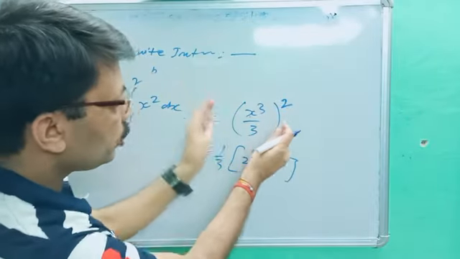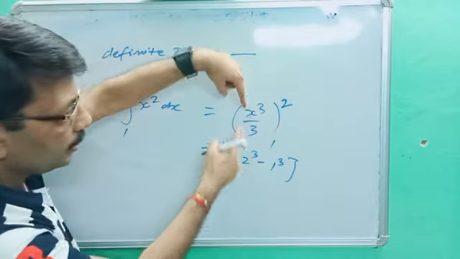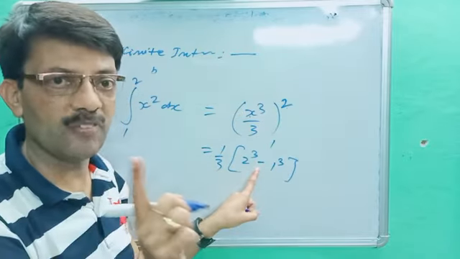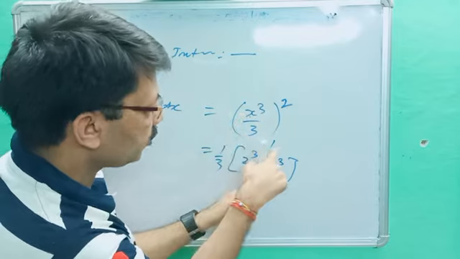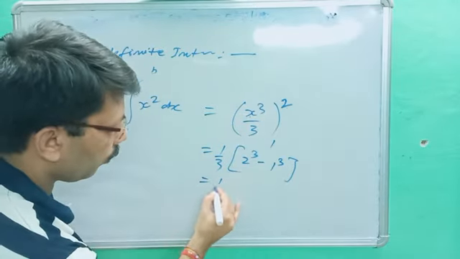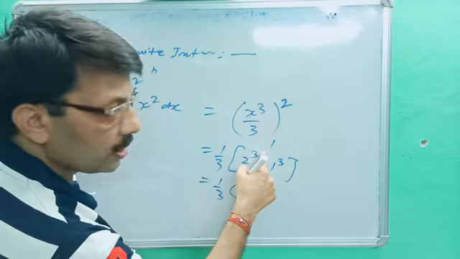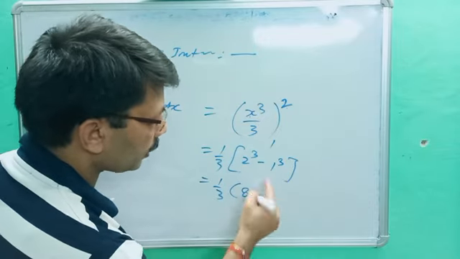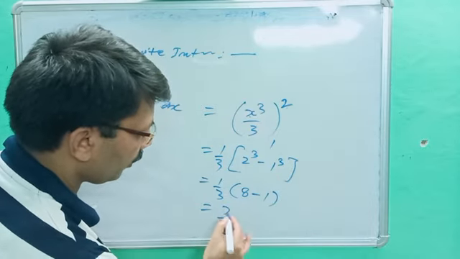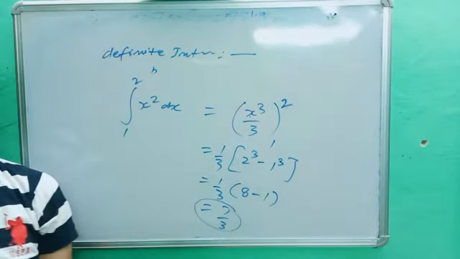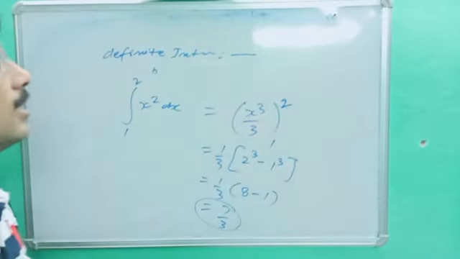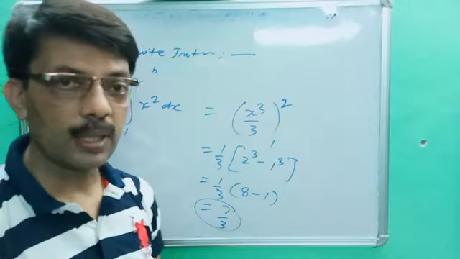Once again, first you integrate as usual, then in the place of x you will put 2, it will be 2 power 3, then what sign? Minus. This is the formula, minus, and in the place of x you have to put the 1, it will be 1 power 3. So now you solve it. 1 upon 3, (2)^3 is 8, minus (1)^3 will be 1, so it becomes 8 minus 1, answer will be 7 by 3. Its answer is 7 by 3. Keep in mind, this is the process by which you can integrate it. Okay, are you getting the point?